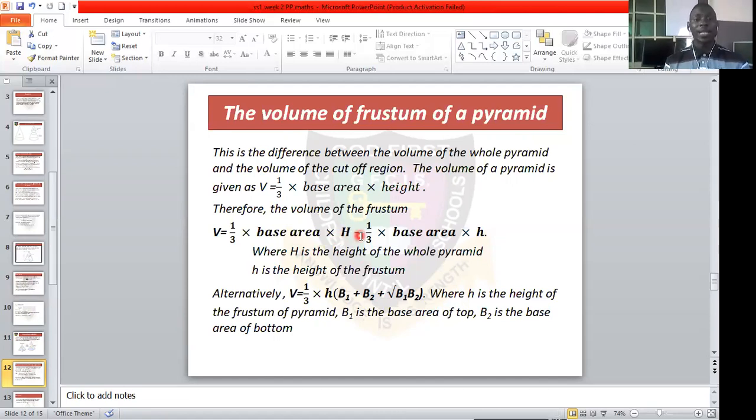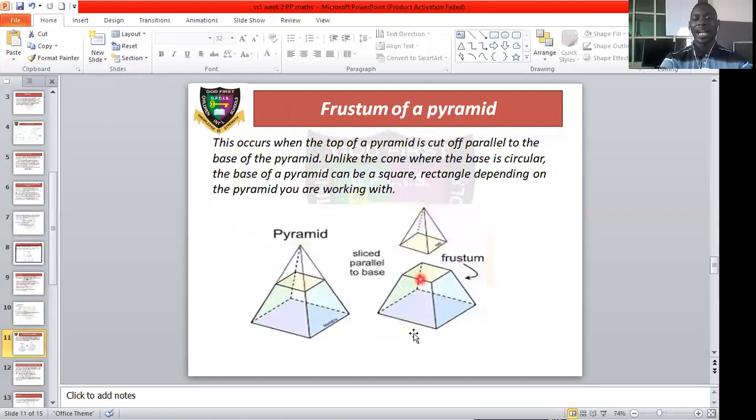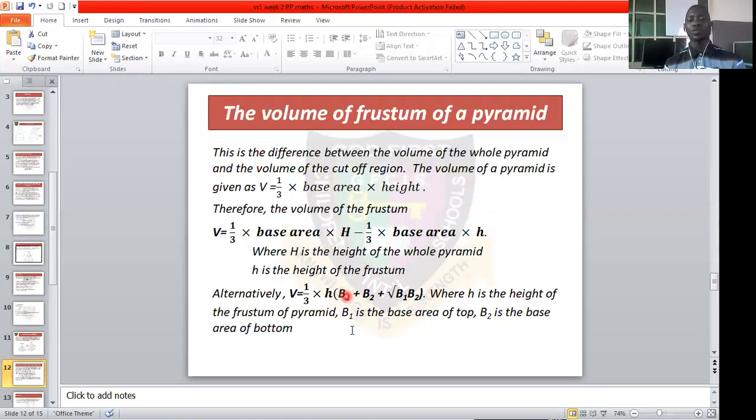Alternatively, in case you don't want to go far and you have been given the height of the frustum, if you solve all through using similar triangles, you have V equals 1/3 times h. In this case, this h is the height of the frustum. If this is a frustum, from the point here down here, it has its own height. So that small letter h is the height of the frustum. Then, open bracket, B1 plus B2 plus square root of B1 B2,